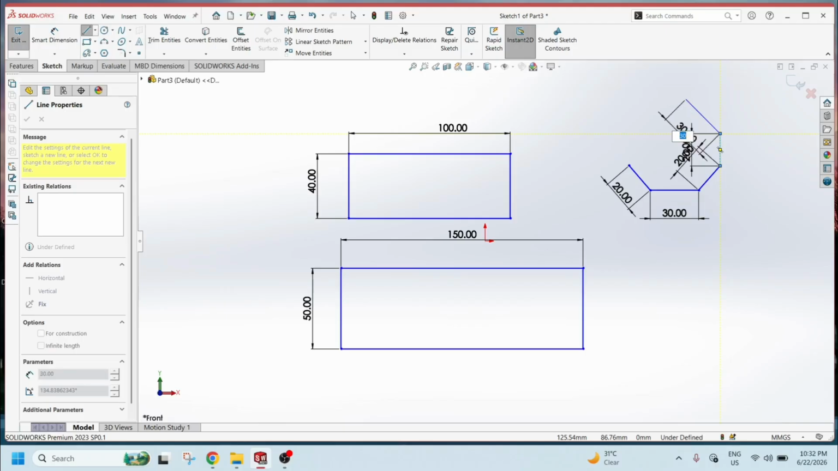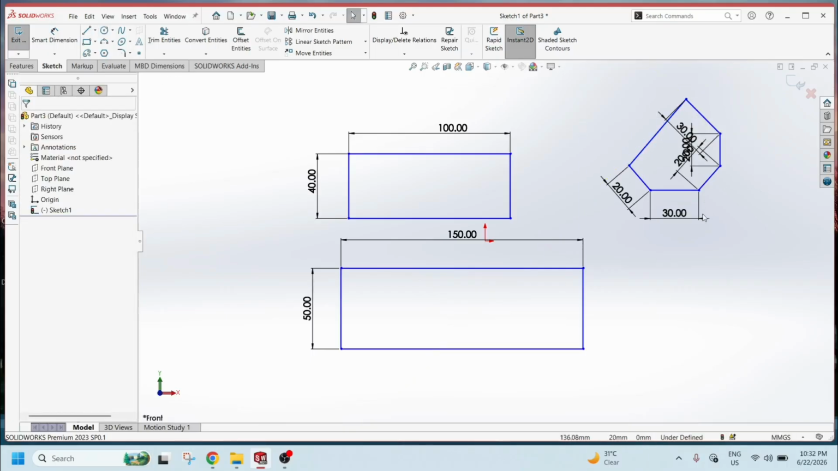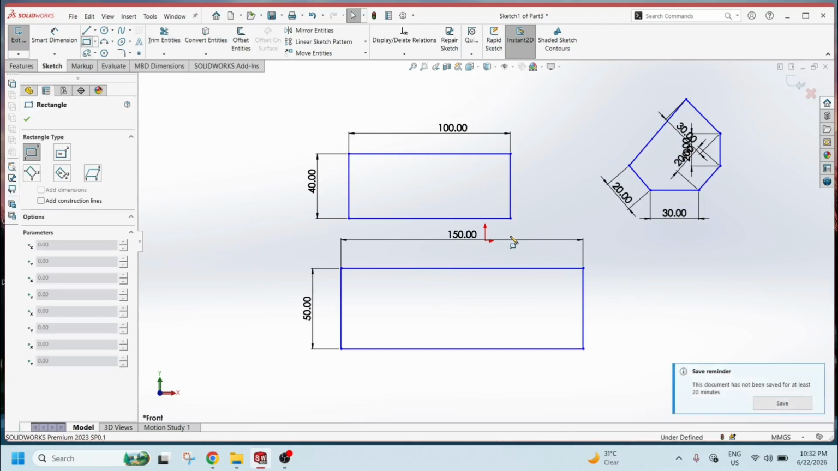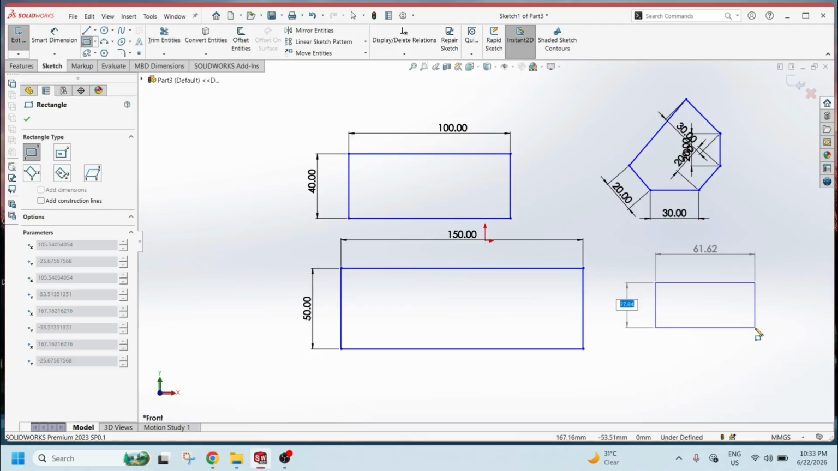See, I select 30, and let's close this and okay. So this is a very easy and quick way to draw the dimension. So again I draw the rectangle. So as you notice, it asks for dimension through the y-axis,